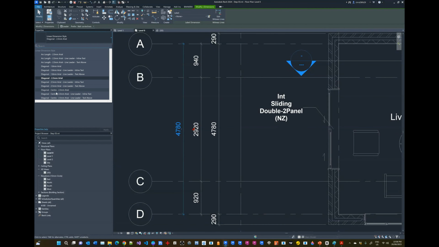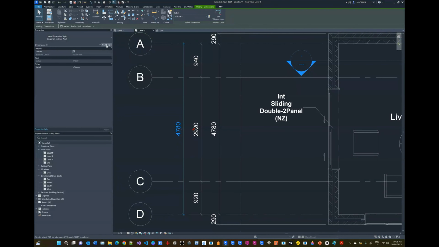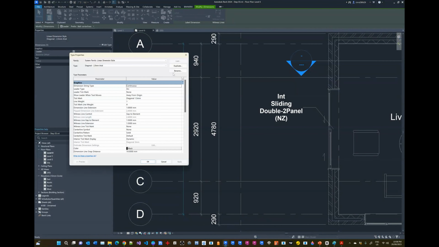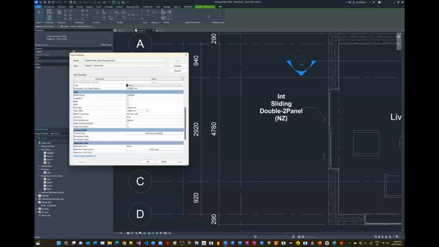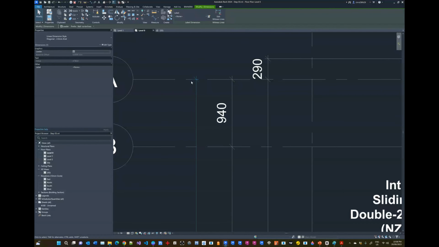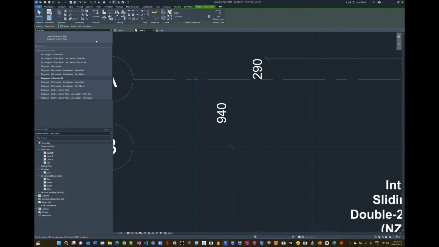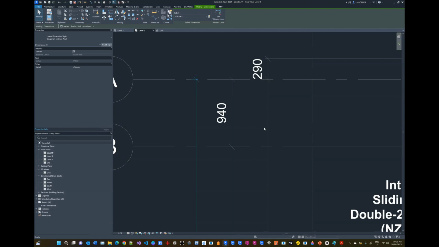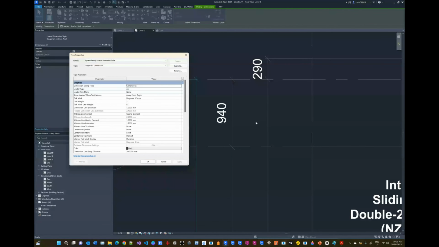If we wanted that to be something else, we can select it, or we can go to edit type and duplicate this family type and call it something else. We can then go down to the text category and change the text size here to whatever desired size we want. That also includes dimension style. So here we currently see we've got the architectural tick marker style. If we wanted to see arrows, endpoints, or different styles, we can either select them here from the drop down, or if we can't find what we're looking for, we can go and set it up in the type